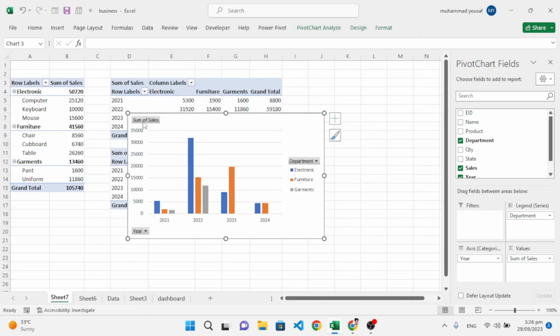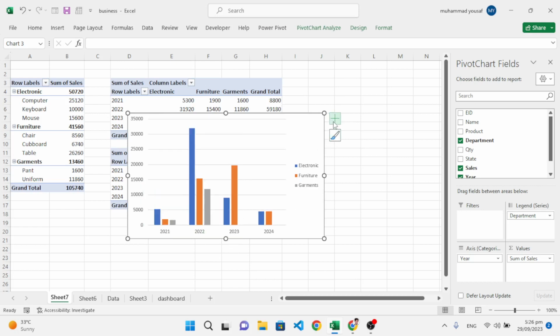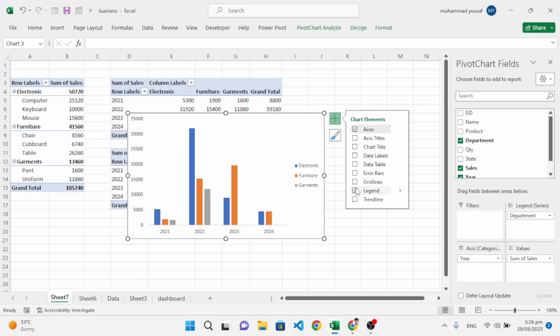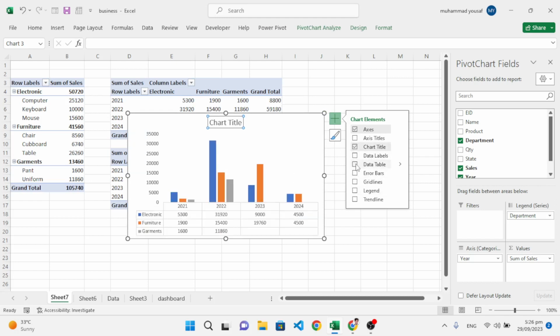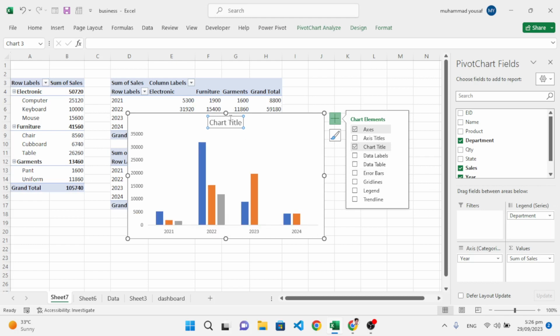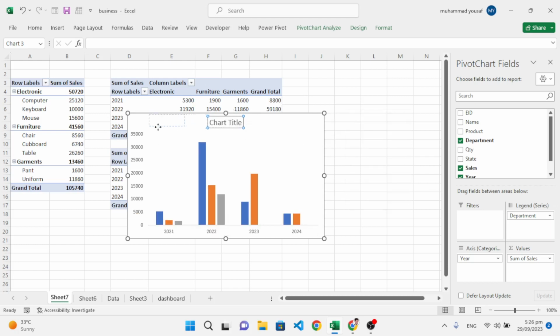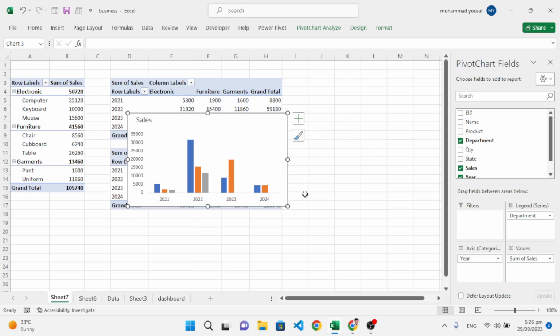After selecting that, let's hide these and hide the grid lines and legends. If you want to add the title, just press Add Chart Title. Also for data labels or data table, we will not show that. Okay, it looks like this. Let's add the chart title, sales. Just add the title and resize it like this and Control X